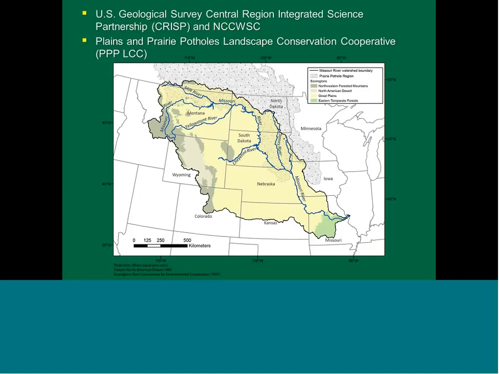There were a few other projects. Before I was with the USGS, Mark started working, and these streamflow trends got the attention of Susan Scoggin down in Fort Collins, and they started to join forces. They got a little bit of money from the USGS Central Region Integrated Science Partnership, and then a little bit from the National Climate Change and Wildlife Science Center. They were getting into this realm of climate analysis, and then they hired me on in particular to help with the climate work, so that's when I came on. We got a little bit of money from the PPP LCC early on to help get things started.